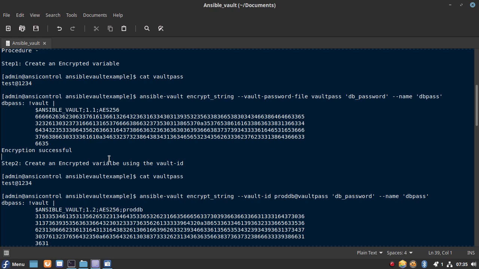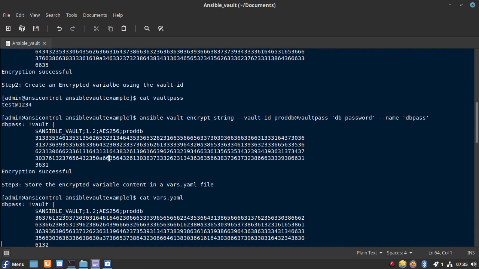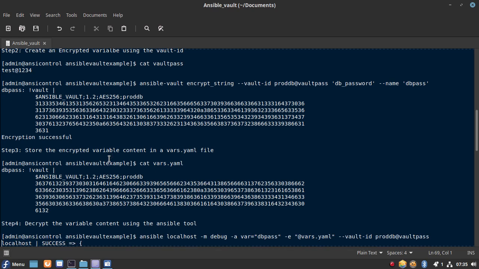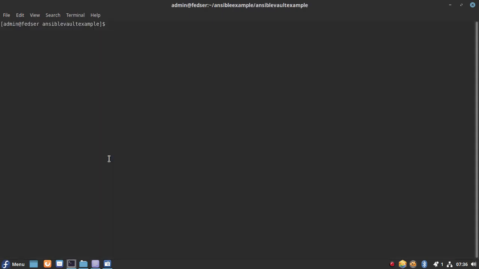So right now we have seen how we can encrypt a variable using encrypt_string and using vault id. Now the next step is, let's try to store that encrypted content into a vars.yaml file. Let me run the vault id command again. I'll use this command which has a reference like db, prod db.